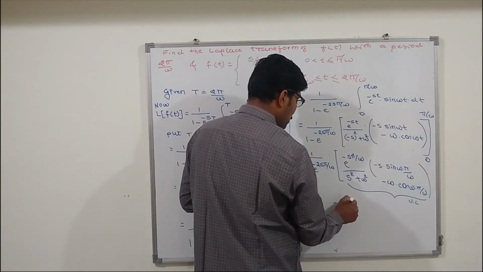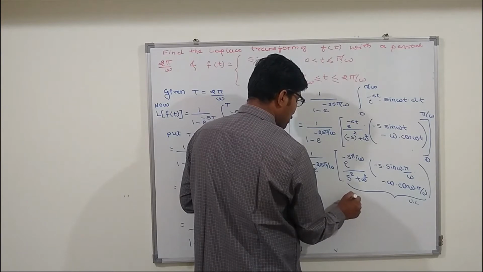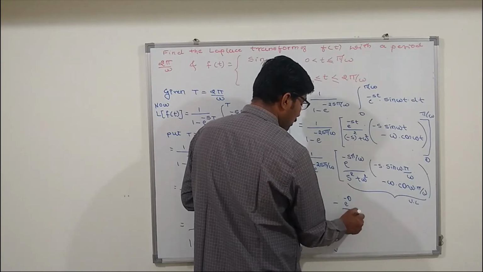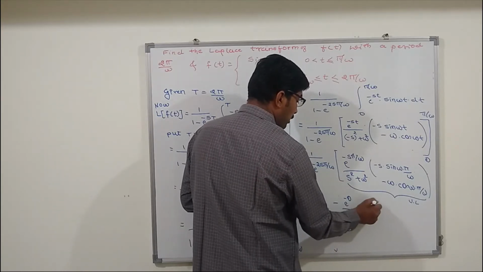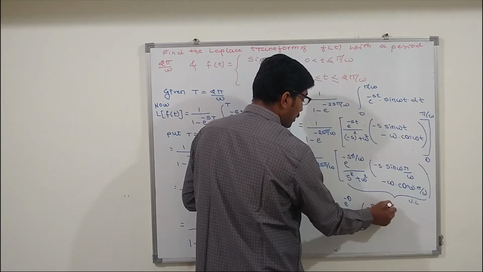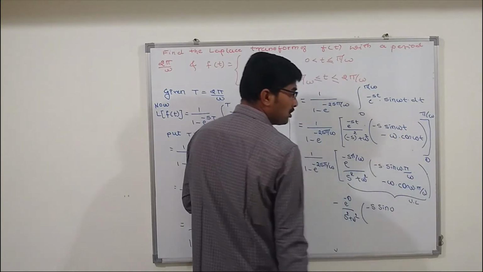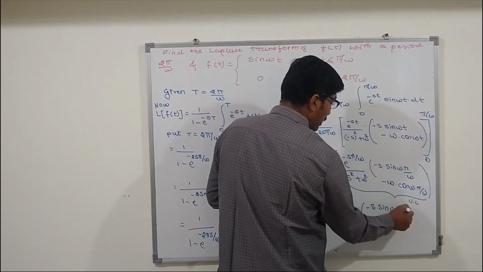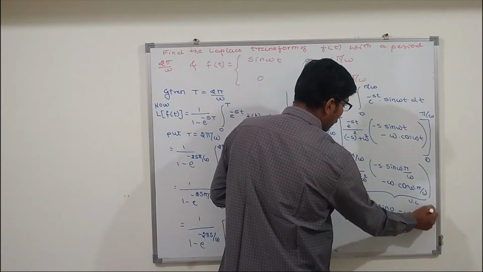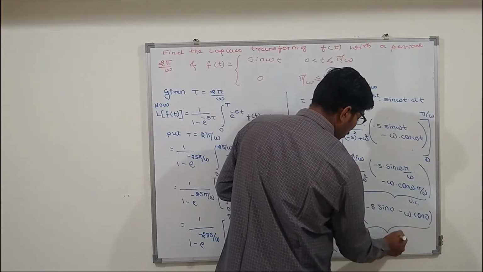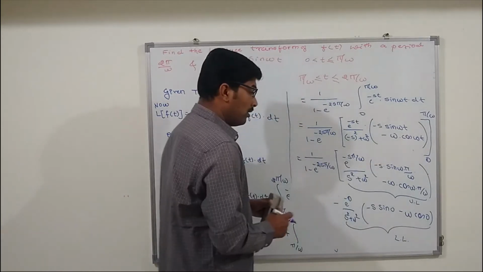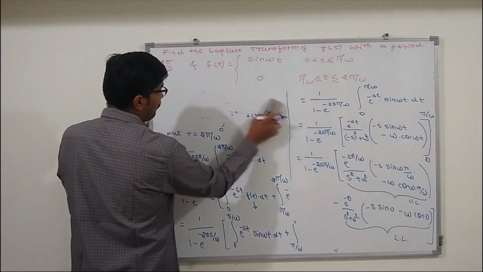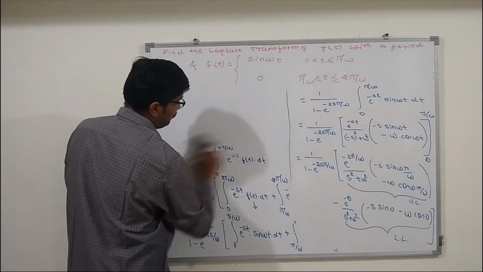If you put t equal to 0, you will get e raised to minus s into 0, which is e raised to 0, divided by s square plus omega square into bracket minus s sine omega into t, with t equal to 0 you will get 0, minus omega into cos 0. So this value is the lower limit. Okay, now again if you simplify, you will get,